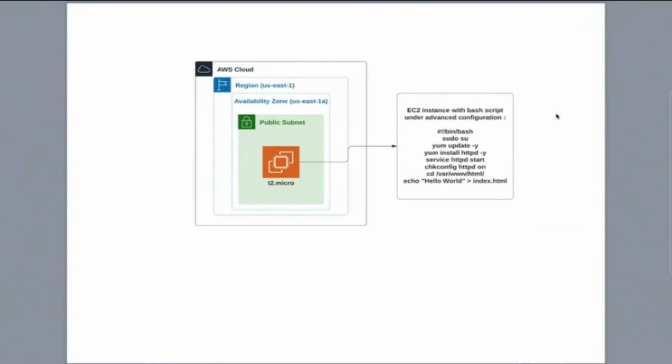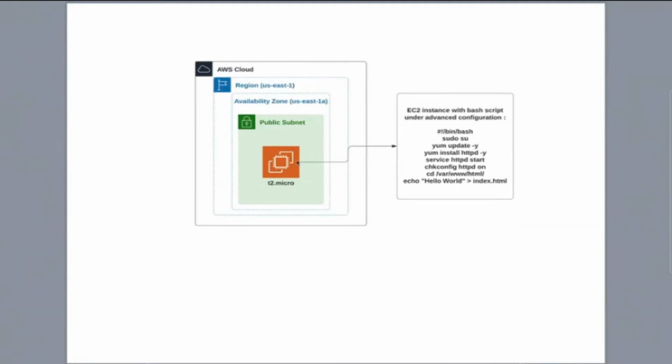We can specify these commands in an order that would work in the user data section of the advanced configuration. When I do this on the console, you will be able to see where I put this specific configuration. It will be run at the start of when an EC2 instance starts. So when this T2 micro instance goes from the pending state to the running state, it takes some time to run these commands that you have put at the start of the creation of the EC2 instance. And once these commands are successful,